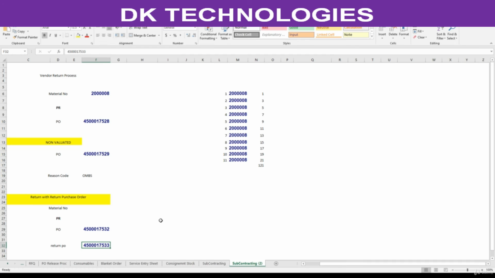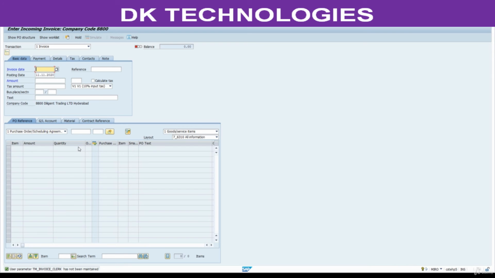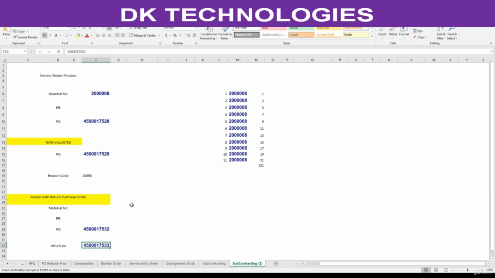You need to post a credit memo for this. This credit memo you need to post only if you already accounted for this. That means it is already posted in MIRO. MIRO is also completed here. Then only you need to do this step.